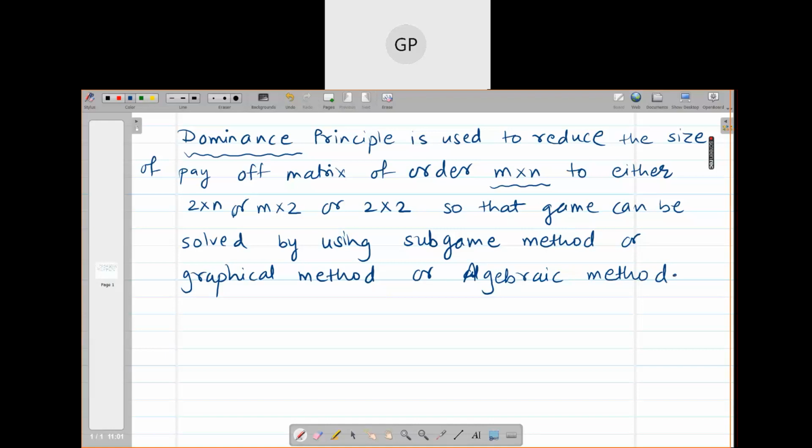So there are two rules which we need to follow. And we are going to eliminate some strategies using the dominance principle. How to delete strategies for player A and how to delete strategies for player B is given by the rules of dominance. And when we delete these strategies, it doesn't affect the original game. Okay, so that is very important, that the removal of any strategies from the game will not affect the value of the game. Have you understood it, girls?